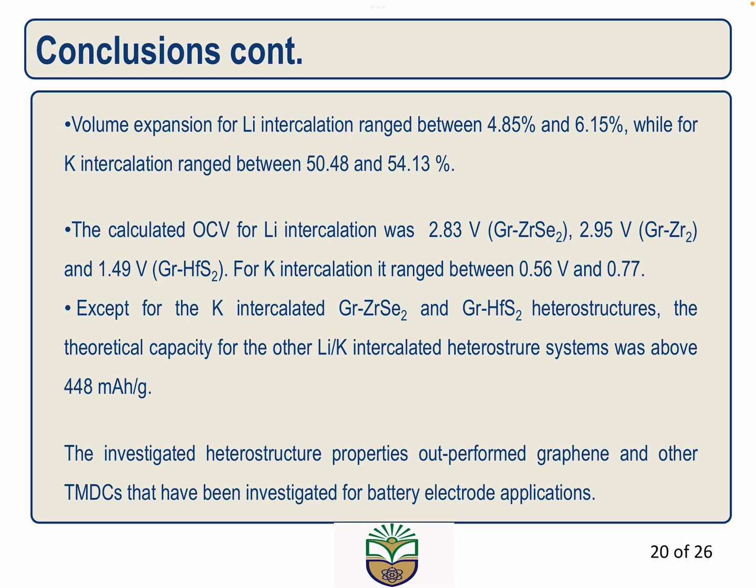We were also able to demonstrate that except for the potassium intercalated graphene zirconium diselenide and graphene hafnium disulfide heterostructures, the theoretical capacity for the other intercalated heterostructure systems was above 448 milliampere hour per gram, and this was demonstrated to be even higher than for graphite, which is presently used. In conclusion, then, we can see that the investigated heterostructure properties outperformed graphene and other TMDCs that have been investigated for battery electrode